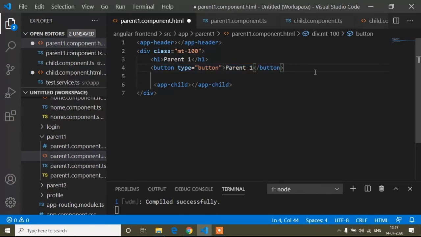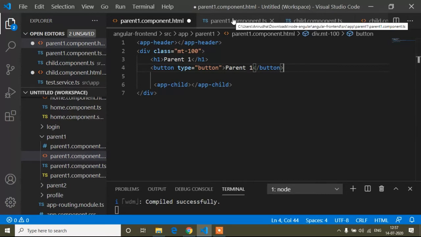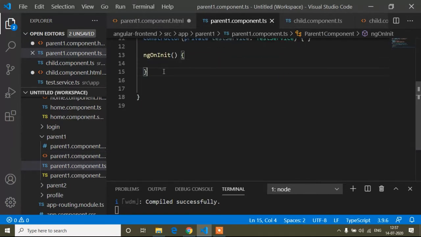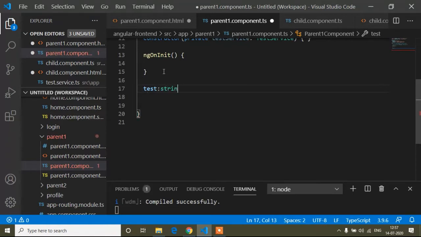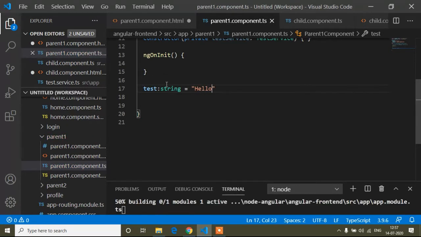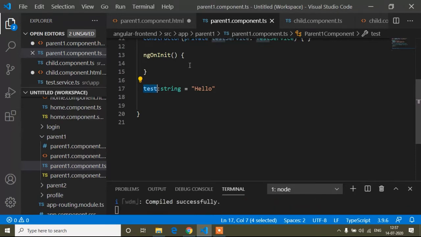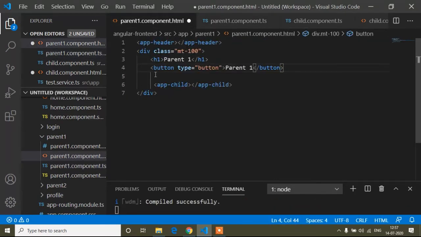And now in our parent one component.ts file, I will create a variable, and the variable name is test. You can write any name for the variable, and the type is string equals to, now I will pass a string value hello, and now I will bind this value using interpolation. So here I will bind, curly braces and test.